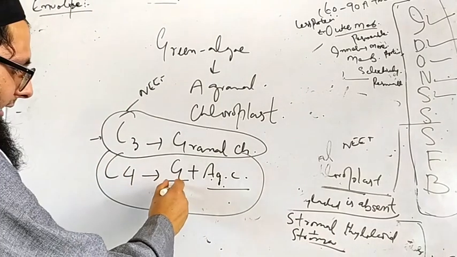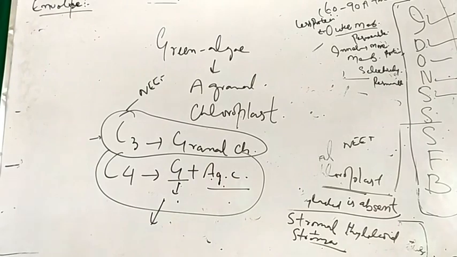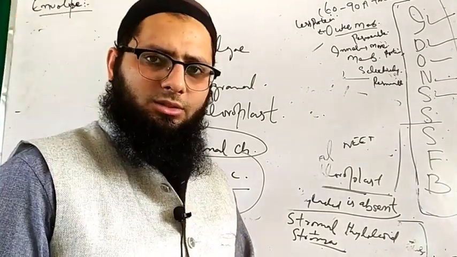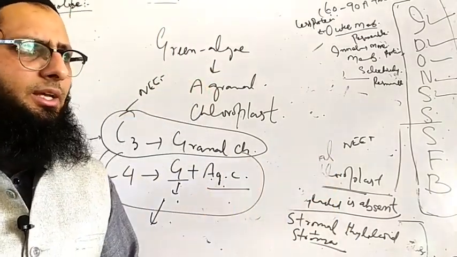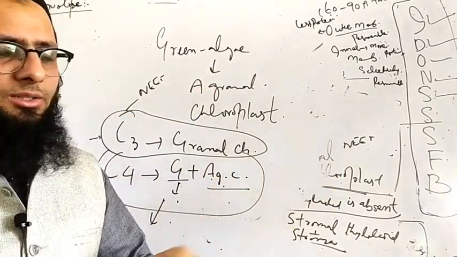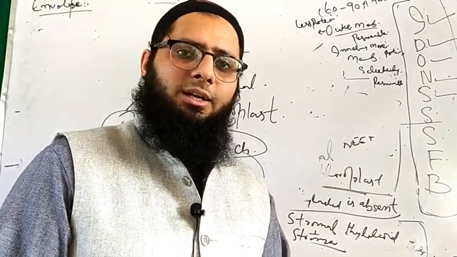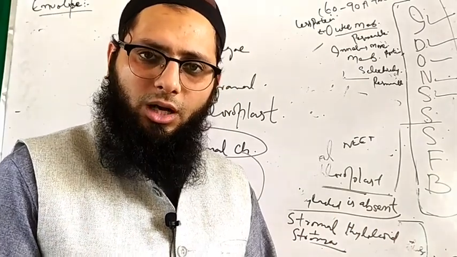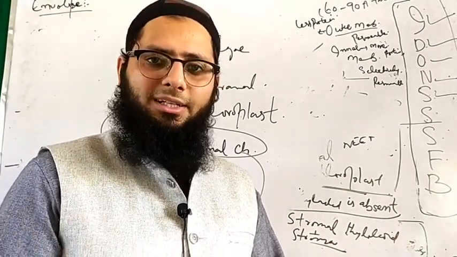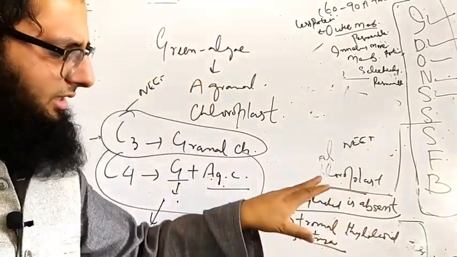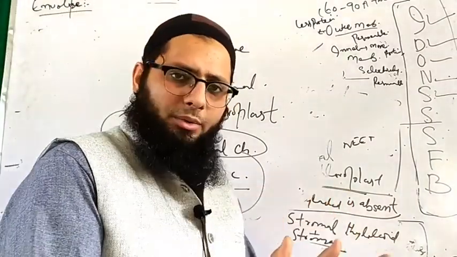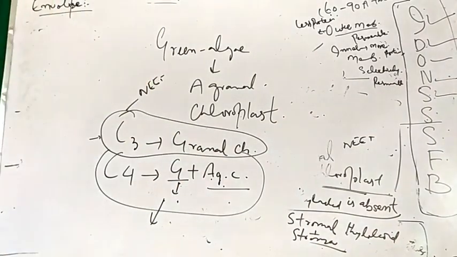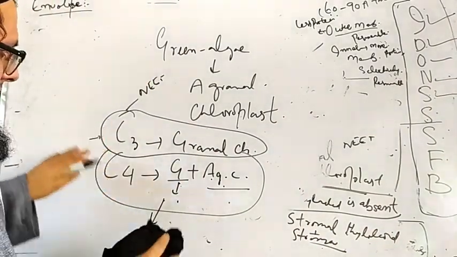In mesophyll we have granum and in bundle sheath we have agranum. So the C3 and C4 cycle, don't confuse them. The first product is a 3 carbon compound, that's why it's called the C3 cycle, the Calvin cycle. And in C4 plants, where the C4 cycle is operating, a 4 carbon product is formed in the beginning, that's why we call it the C4 cycle. It's another topic related to this and will be discussed in some other video, but here we have to remember all these points.